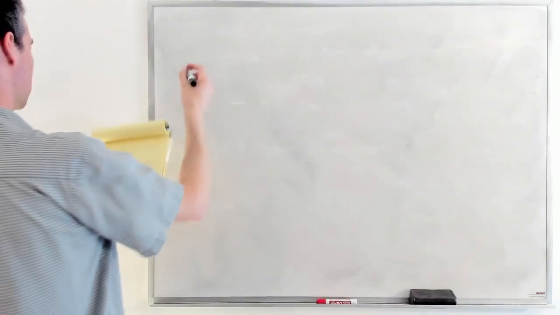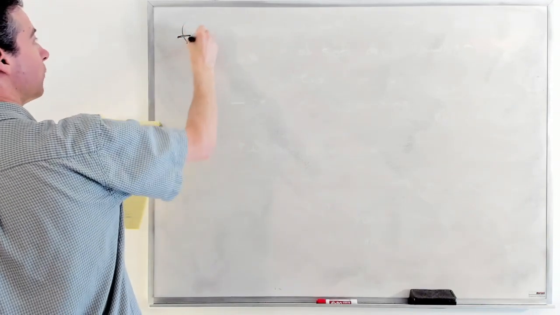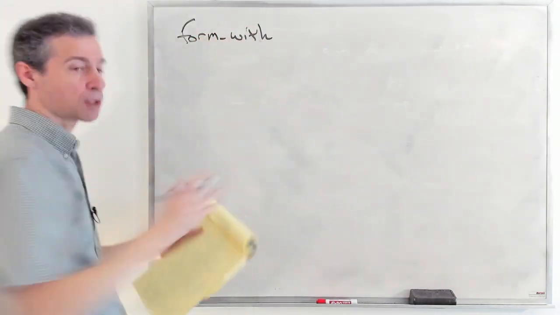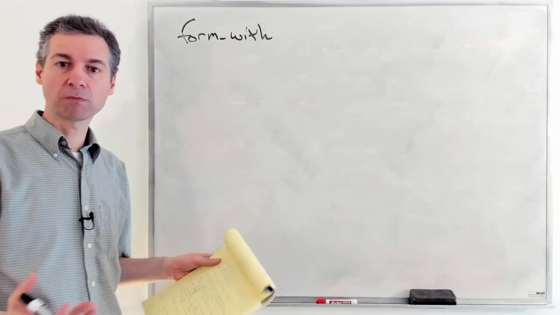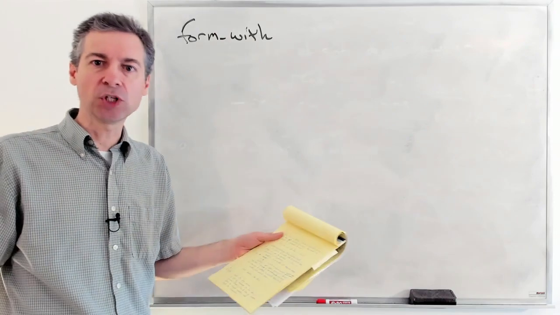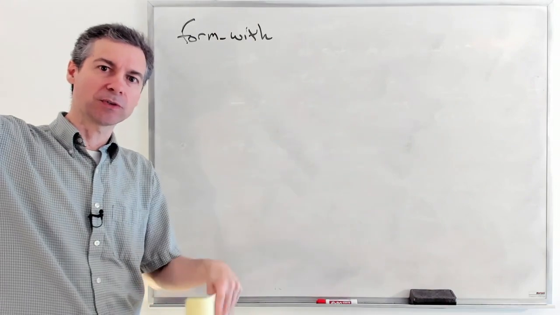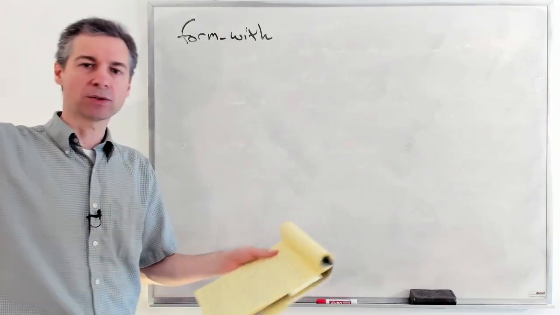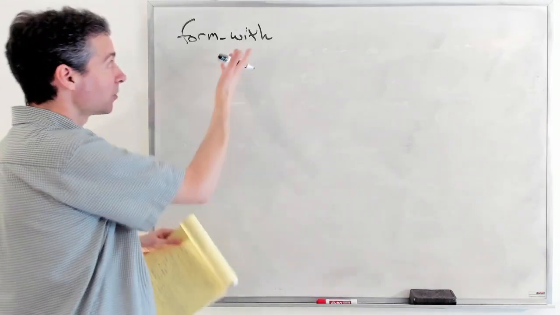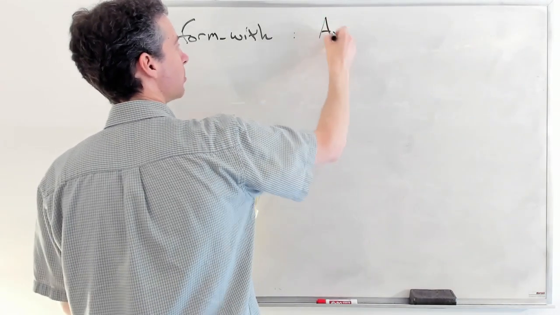All right, so form_with is the method that we use to produce a form. It's a method call. You're going to call this method, and it's a method that exists within Action View. So when you're writing a view, you're actually running code inside of a larger class space, so to speak, and certain methods on that class have been made available to you, and one of them is the form_with method. It has a whole bunch of possible arguments, but these are the